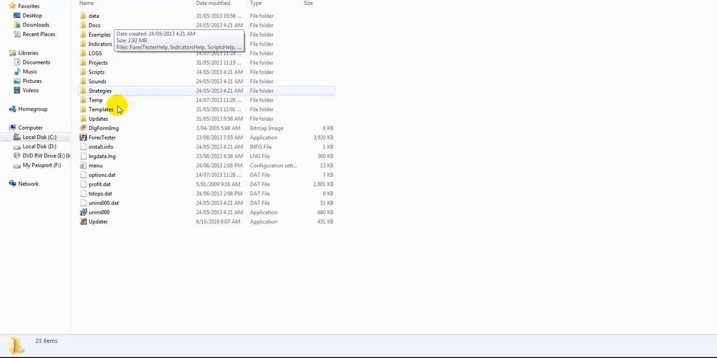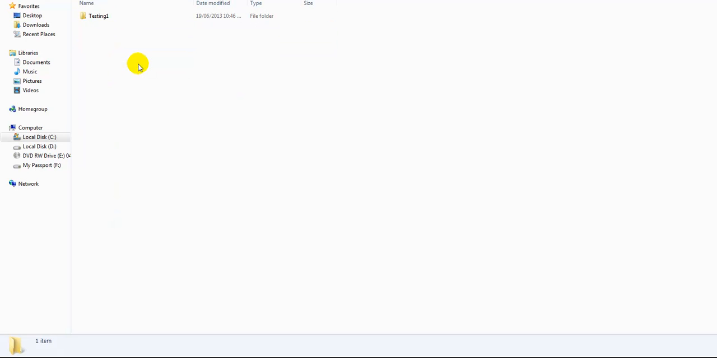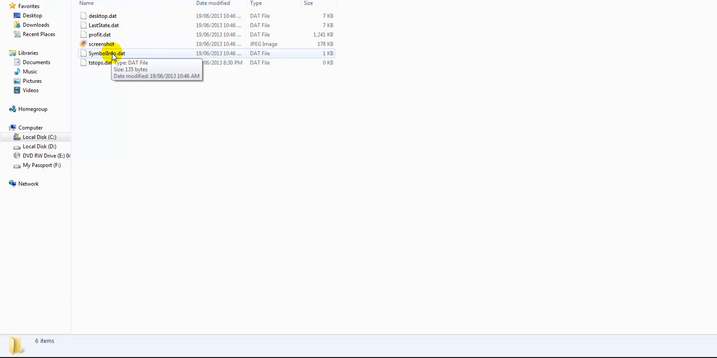So what you need to do is you go into Forex Tester, you click on your projects folder, and then here I've got one called Testing 1. I'll go into my projects folder and I'll look up symbolinfo.dat. Okay, you've got all of these different data files. You got a profit one, the last state up there, the desktop, the screenshot, all this stuff. But now what you need really is this, which is the